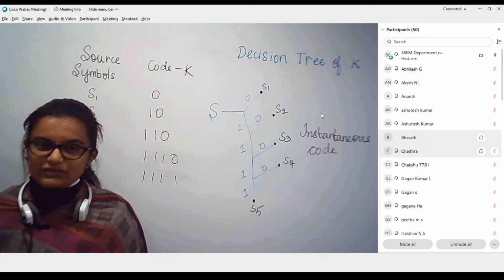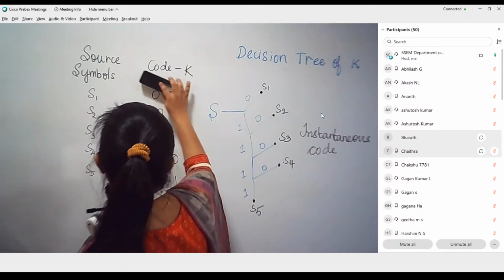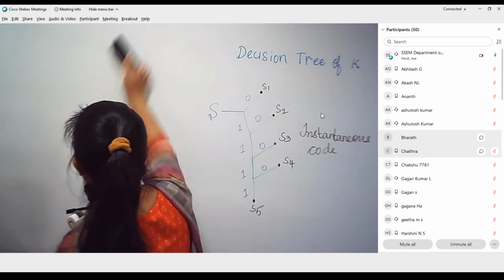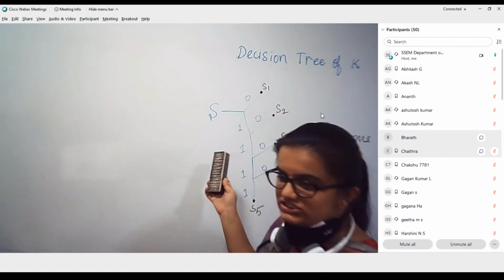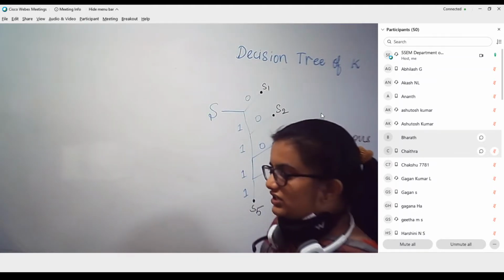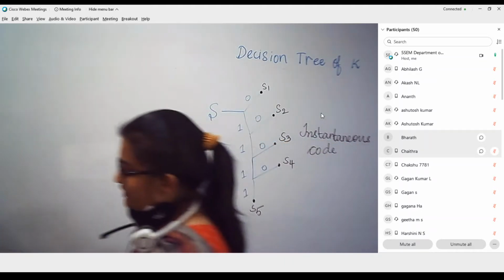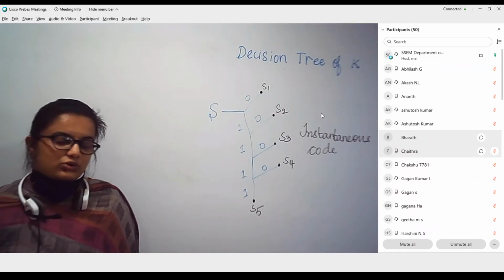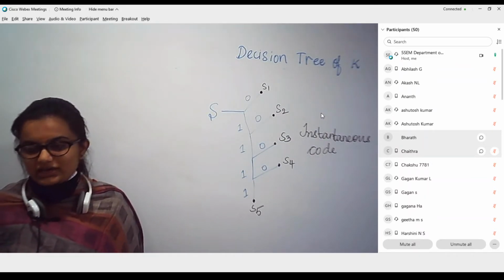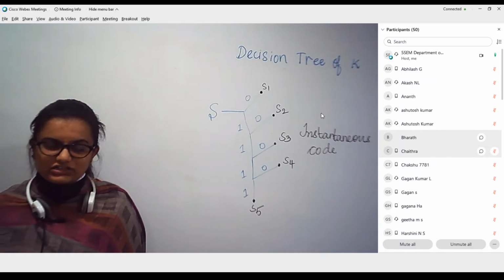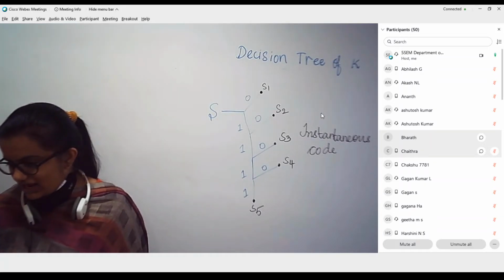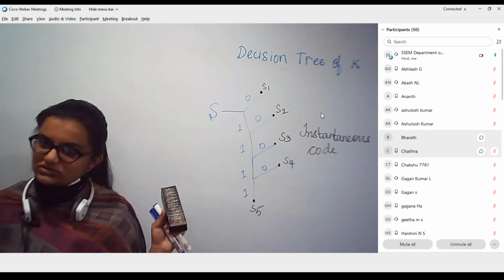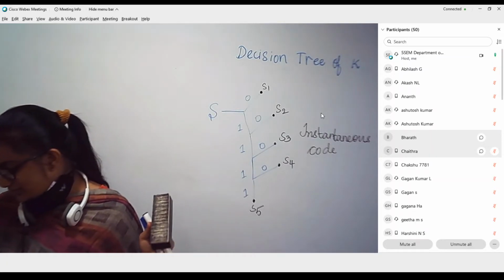Why this is helpful is that sometimes your table will not be given, because it is easier to represent all the code words in the form of a decision tree rather than putting them in a table. As we know, we have already taken an example and seen how to decode the given sequence by making use of this table. You can try it out yourself by taking a random bit stream and then trying to decode using all the 4 different code words. You can check it out.